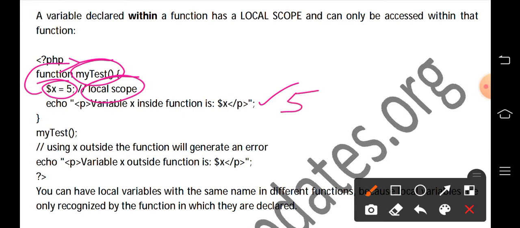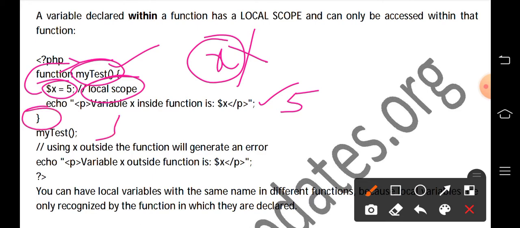X inside the function is 5, and using x outside the function will generate an error, because this variable x is created in the function myTest and is destroyed immediately once we come out of the function. Once we encounter the closing brace, x gets destroyed and there is no value for x, so it will generate an error when used in an output statement.